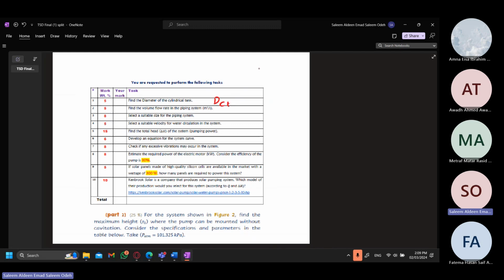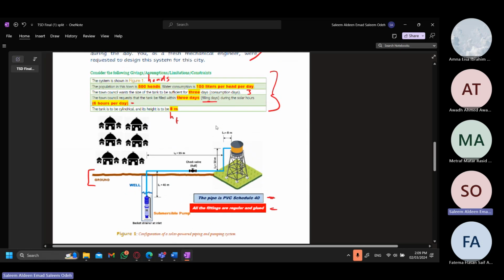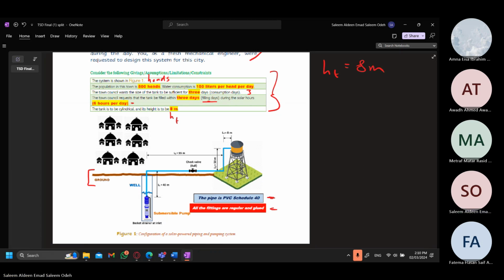Now, in order for us to do that, we need to look at what is given to us about the tank. The first thing we have is the height of the tank, which is 8 meters. What else do we need? We could also find the volume of the tank. Now it's not given to us, but we can calculate it. Now the volume in meters cubed can be calculated